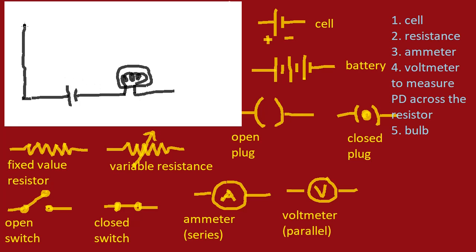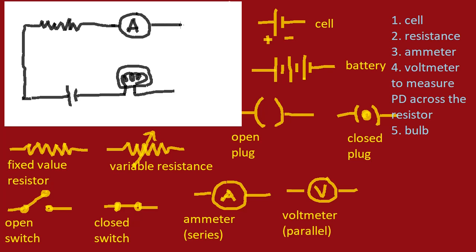Okay, resistors in this circuit, so let us draw the resistor in the circuit. This is the resistance in the circuit, so this is a static resistance, and we need an ammeter and a voltmeter. So an ammeter which measures the current, that is connected in series. So this is the ammeter connected in series, right?